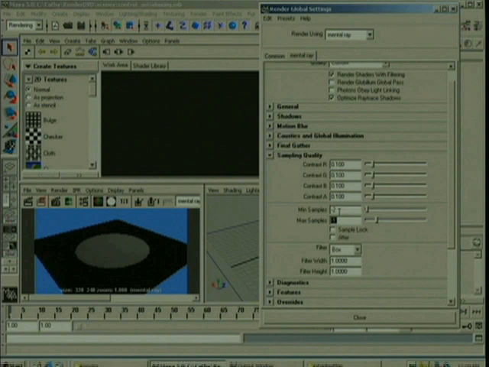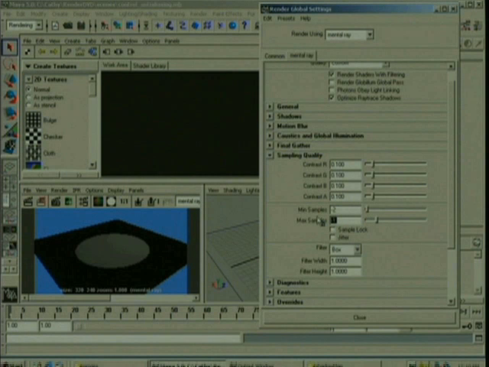So just to run down some of these values with regards to blocks and pixels. When your minimum sample is at -2, you're going to get a block that will contain 4 by 4 pixels with one sample. If this is at -1, you're going to get a block that will contain 2 by 2 pixels, a 2 pixel by 2 pixel block, with one sample. Okay, so we're really not getting a lot of information about what the contrast or the color is of those pixels. Now, if the value is 0,